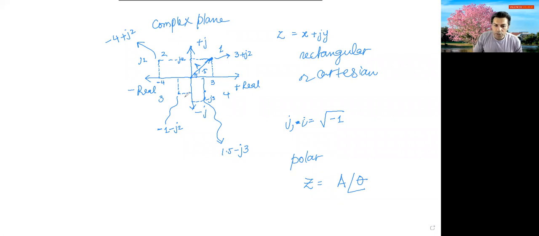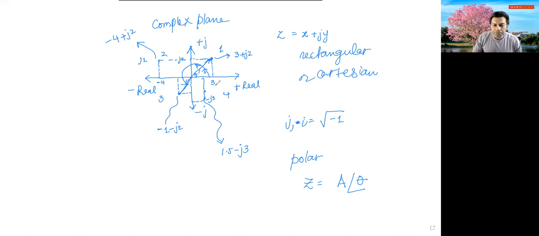And if the point is located in the third and the fourth quadrant, then let's say this point, you can still go counterclockwise from the positive x-axis, and the corresponding angle will be between 180 degrees and 270 degrees. But it is